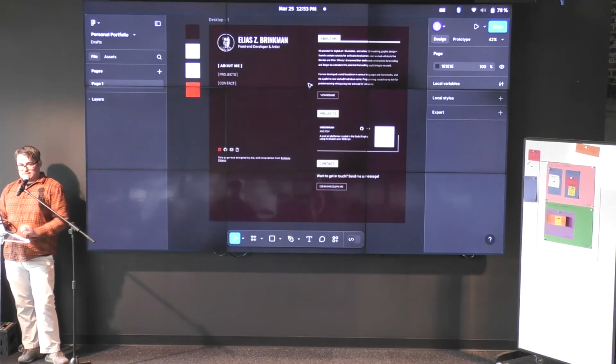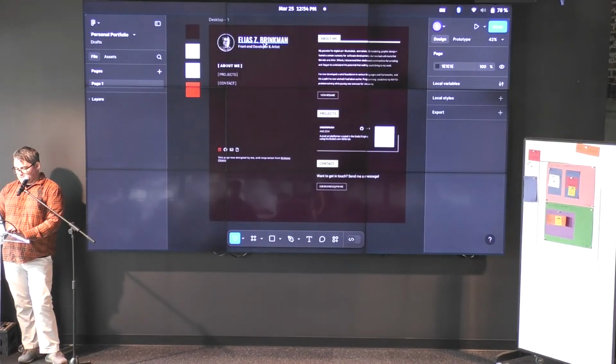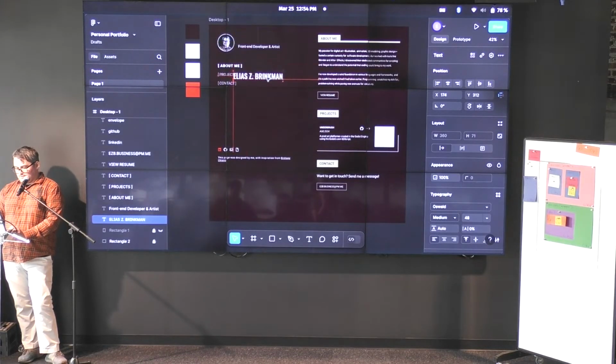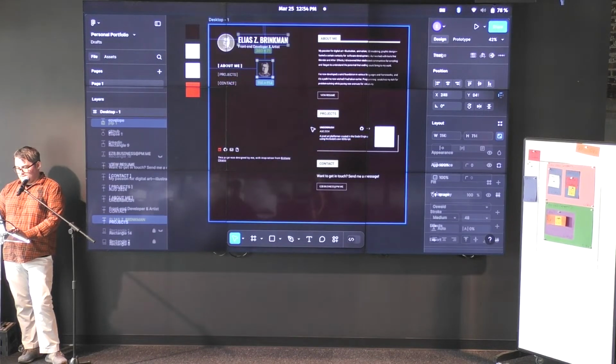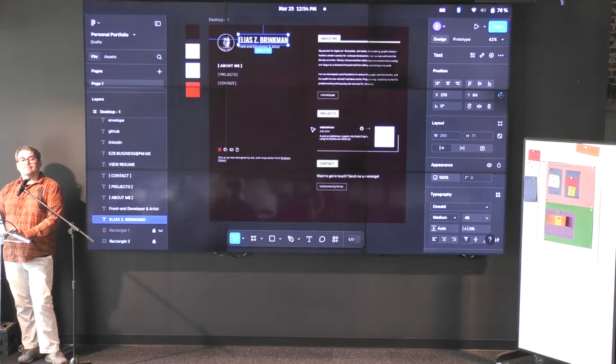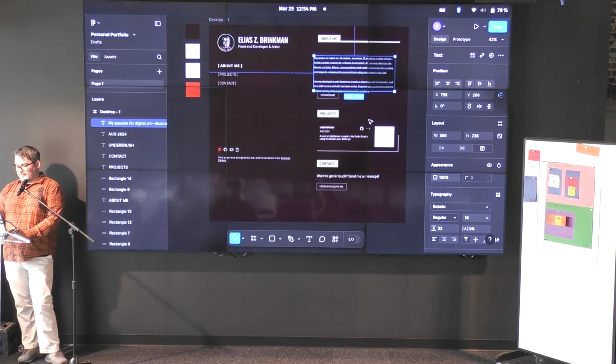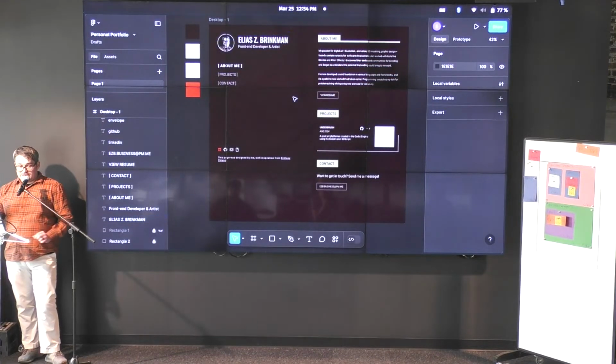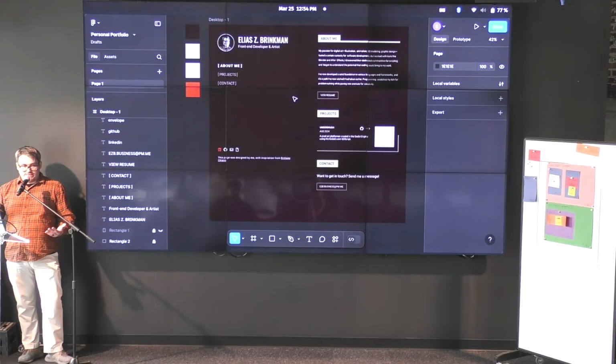So this is the web page I designed first. All these things, I can just drag these around. Exactly. And that was really useful because then I can imagine all these elements as boxes, and I can